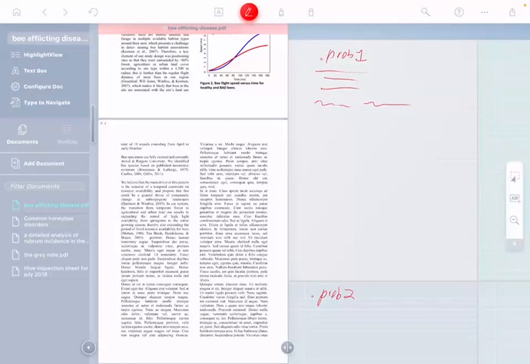Matt asks, can you export a PDF based on tags, i.e. export all the excerpts tagged, organized by tag? Great question, Matt. Right now, no, but we're thinking about some ways that you could do that. So I'd really love to hear more about your workflow. So I'll tell you some of the things we're interested in doing. So in the coming,